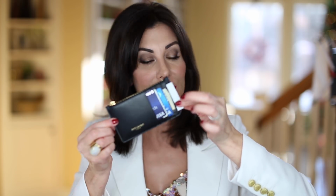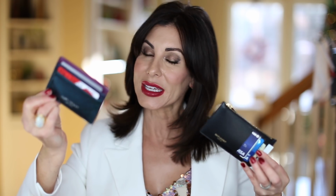And those are where I carry things like my card case. I have a card case here that's a little bit larger, and I have a smaller one here. This one here is by Kurt Geiger. This one has my Target Red card. It has my Sam's Club card, my Ulta Points card, and my Sephora card because I don't need those all